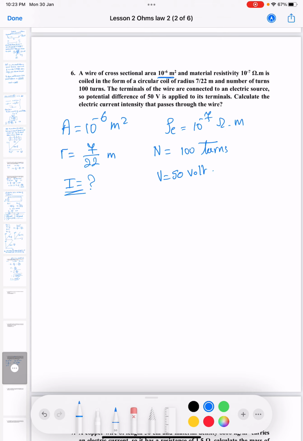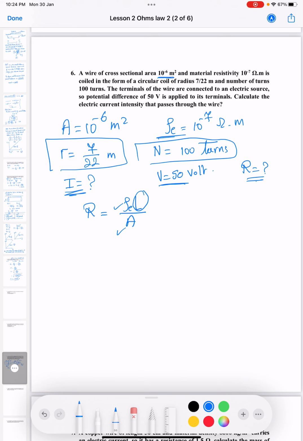To calculate electric current, and we have volt, we must calculate resistance. How to calculate resistance? Resistance R equal rho L divide A. We have area, we have resistivity, but not length. Length we can calculate from radius of coil and the number of turns. As we took last lesson, length of wire equal 2 pi R, the perimeter of the coil, times the number of turns,